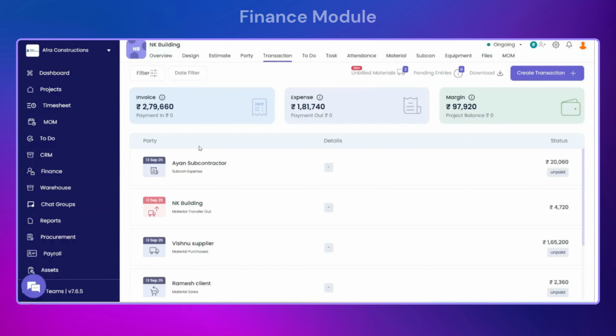You can instantly see the P&L of each project: invoices, expenses, and margin. Here you can see the invoice amount raised for this particular project and the payment amount. Here you can see the project-level expenses, payment out amount, and the margin of the respective project and project balance. Similarly, at company level,